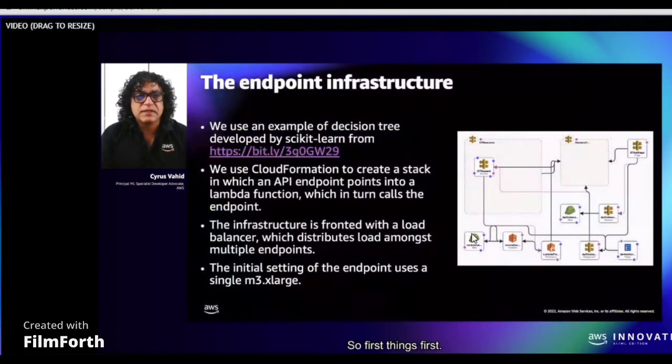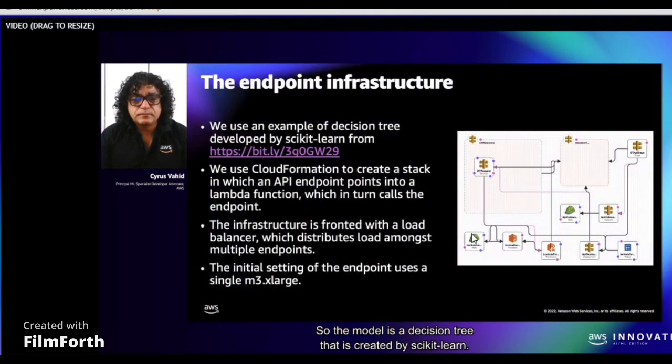So first things first, the model is a decision tree. It's created by scikit-learn. If you follow that link, you can actually see that it is a part of the Amazon SageMaker Advanced Examples. And then we're going to use CloudFormation in order to create a stack. That stack includes API Gateway and a Lambda function. The Lambda function is fronted by that API Gateway and in turn calls upon the endpoints that we have created